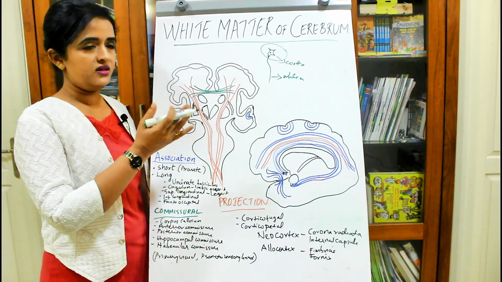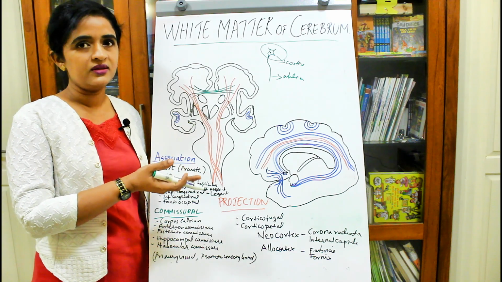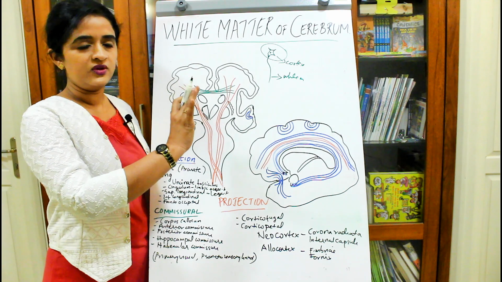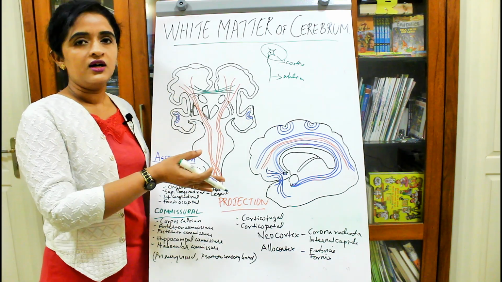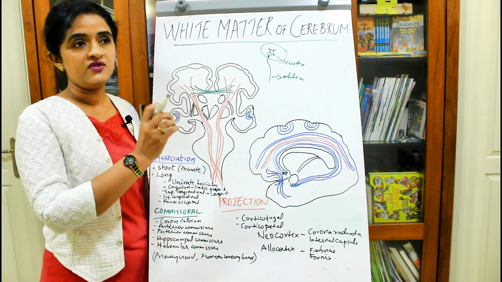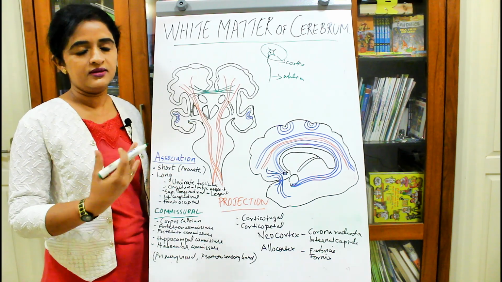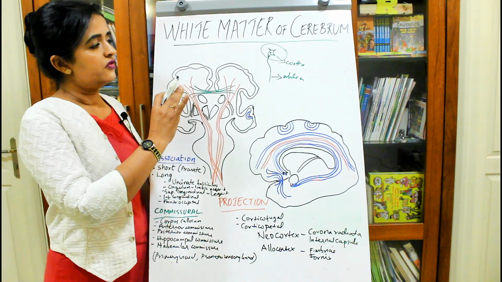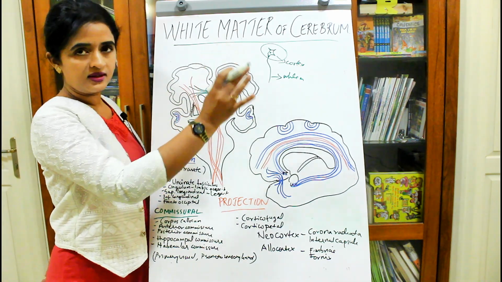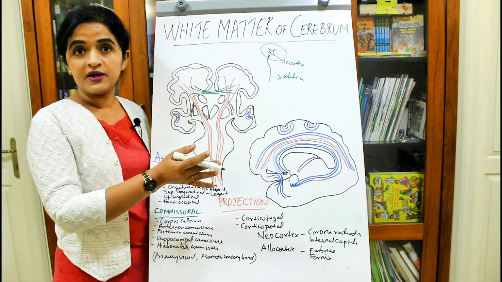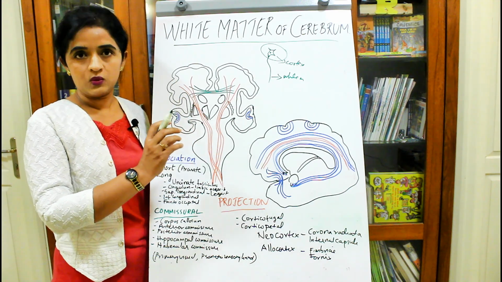I will be dealing with the details of the cerebral cortex in the coming sessions. So for the time being, you just have an idea about the cerebral cortex like this. There are many regions in the cerebral cortex which are concerned with the motor sensory areas like that. So I will be seeing it in detail soon. For the time being, you know that there are two cerebral hemispheres. The outer part is known as the cortex and the inner part is the white matter,